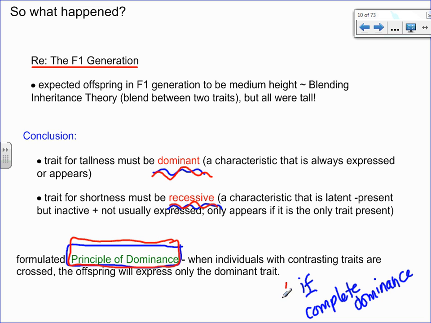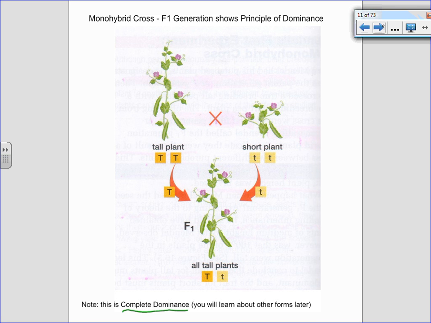And I included in here that's if we're talking complete dominance, because later on we learn about other types of inheritance patterns, more complex ones than he understood in those days, because once we understood about meiosis and possible crossing over, things like that, then things can be a little trickier. Some inheritance patterns are different for different traits. All right,